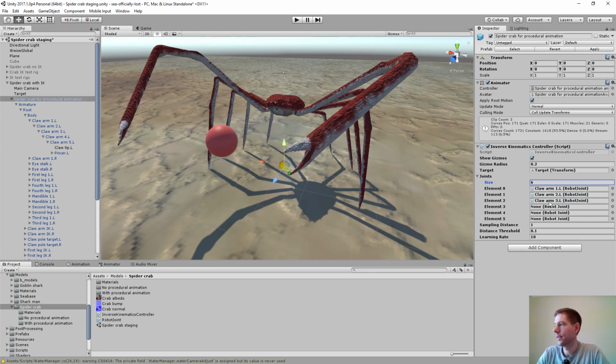So what's going to happen here is the script, the inverse kinematics controller, will control each of these joints individually, such that the final one, the one that I've attached to the tip here, will attempt to reach the target. That's the idea here. So the sampling distance is how many degrees each time step each joint will try and rotate through in order to reach the target. The distance threshold, basically, it will try and get within that distance of the target before it stops, and the learning rate is